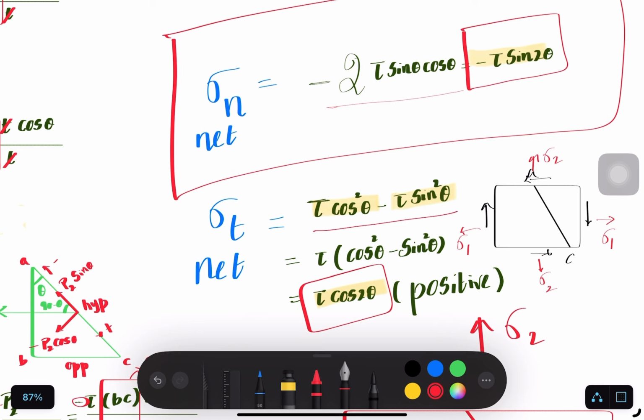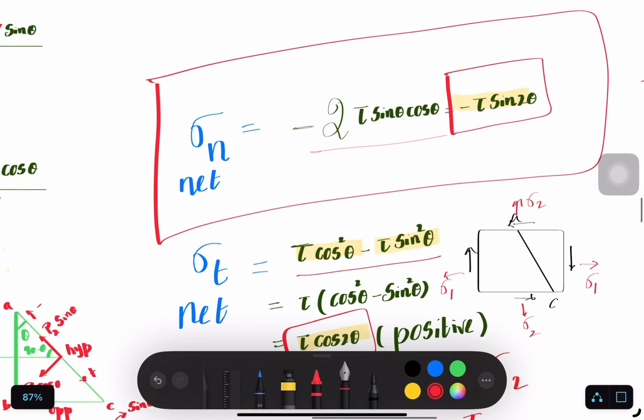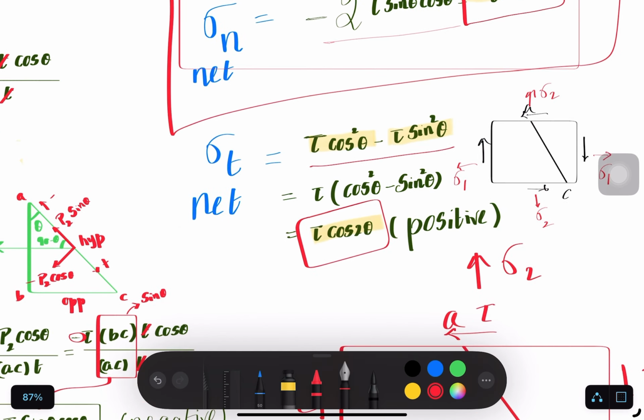Okay, so I'm going to add those results to the results we have got today. Okay, so the results for the normal stress acting on the inclined plane due to sigma 1, sigma 2 should be added to this result. And the result for the tangential stress acting on the inclined plane due to sigma 1 and sigma 2 should be added to this particular